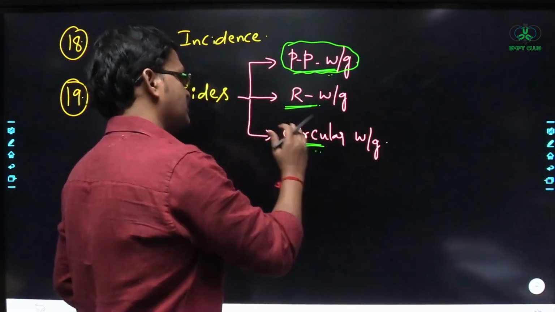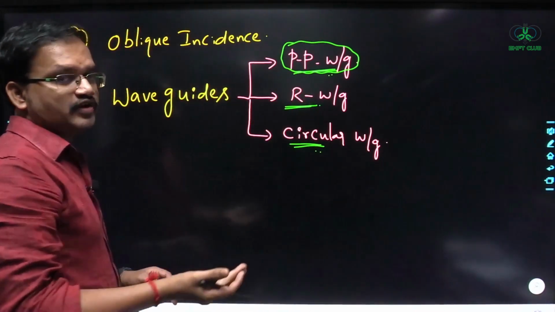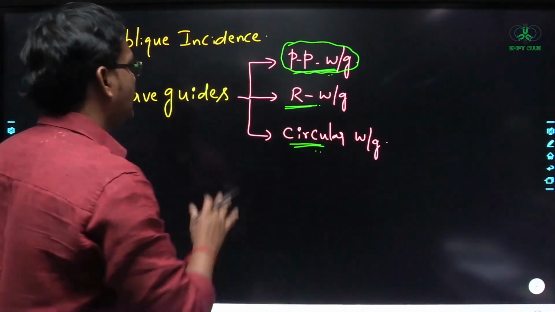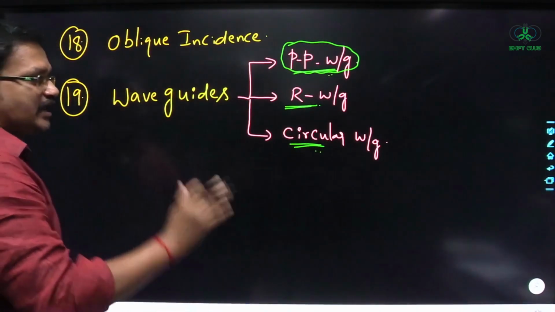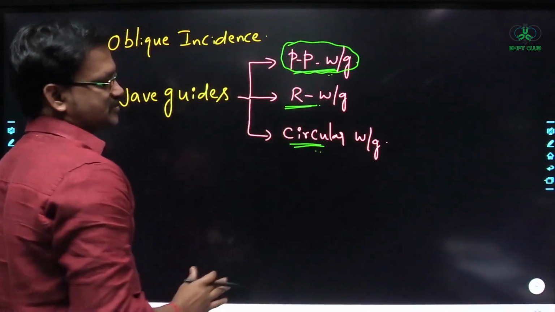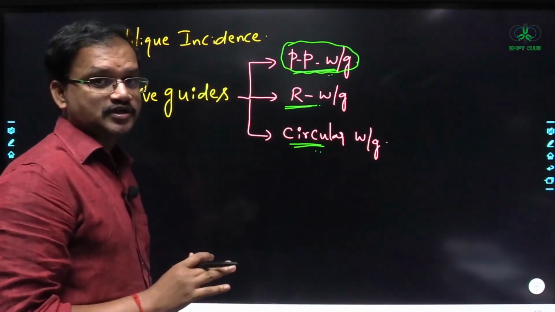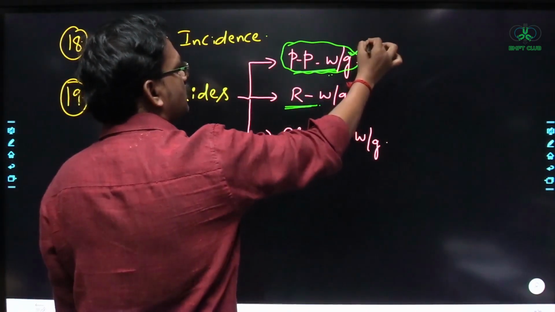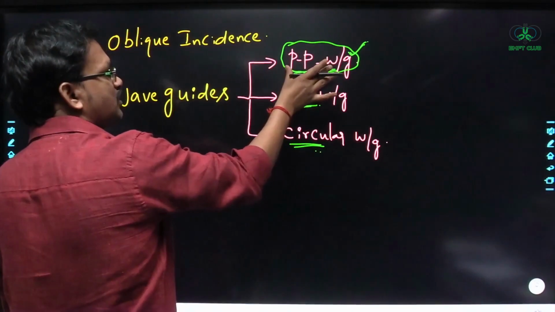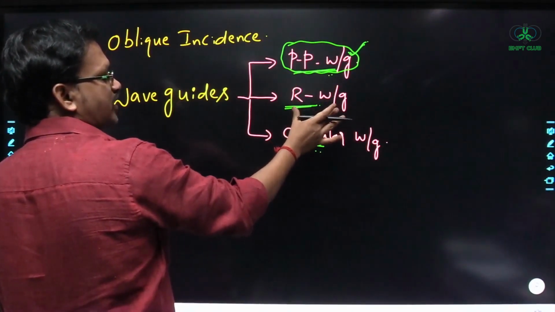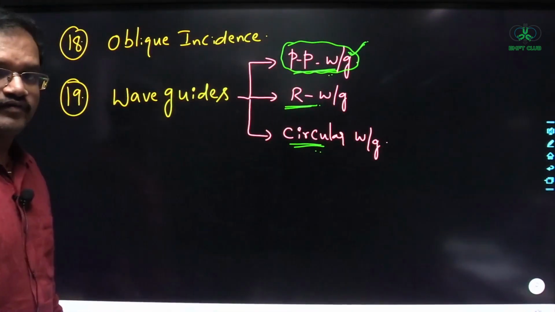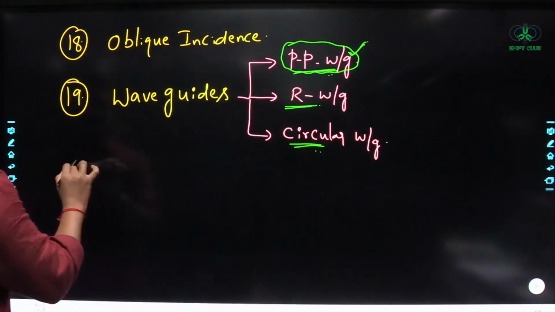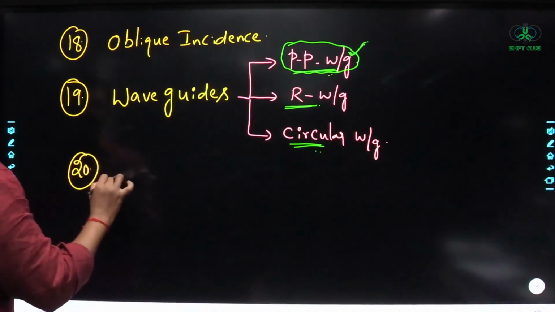So as the shape changes, how the fields will look is what we are going to study here. Anyway, we are going to study these waveguides in depth as we proceed into the subject, so don't worry about that. This parallel plane waveguide is going to form the basic foundation to understand the rectangular waveguide and circular waveguide, right? Okay. So next, after waveguides, the next topic is